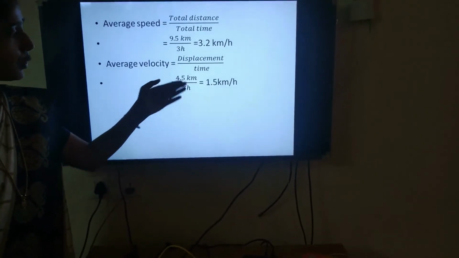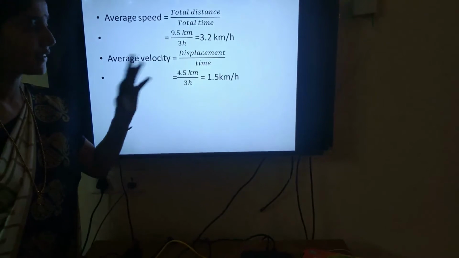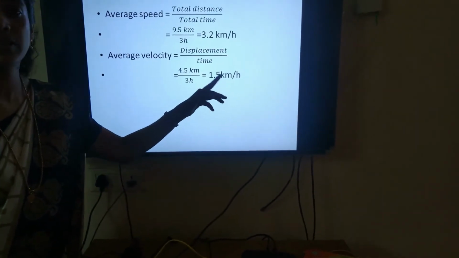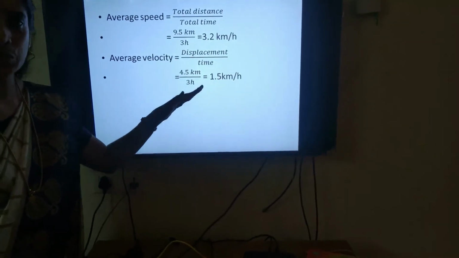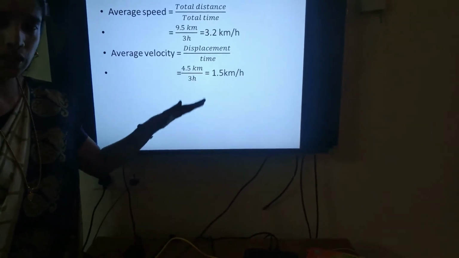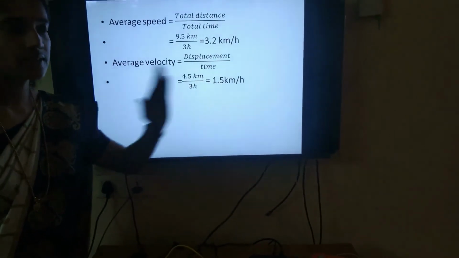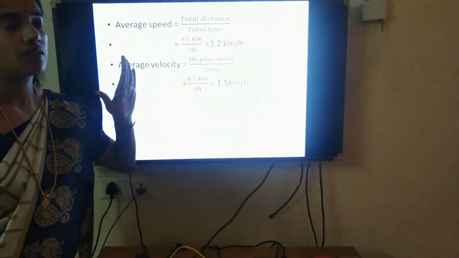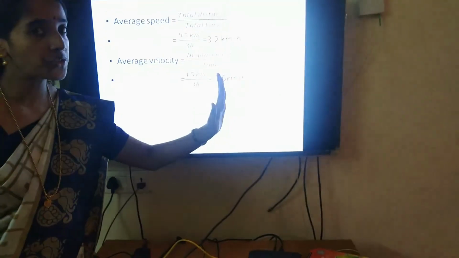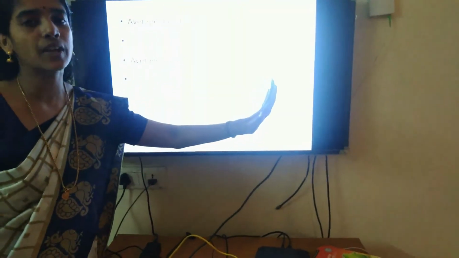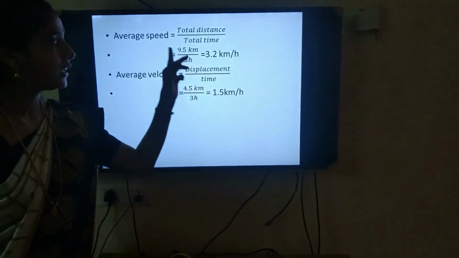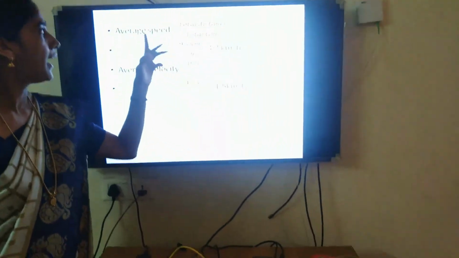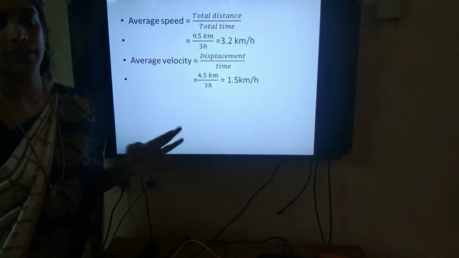Division you know. And here in both the cases, distance is given in kilometer and time in hours. So what is the unit of average velocity and speed here? Kilometer per hour. And here you see they are not equal. Why are the average speed and average velocity not equal? Even though the movement is in a straight line, the direction is not the same. I think that part I did not mention when I explained the theory. What's the condition for getting same distance and displacement? The object should move along a straight path and direction also should be the same. Here the path is straight but the direction is changing. That is why distance and displacement are different and average speed and average velocity are also different.